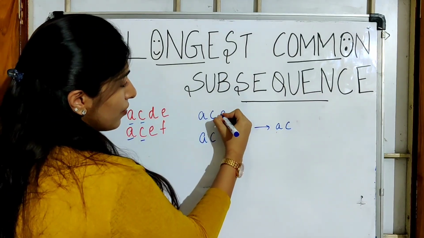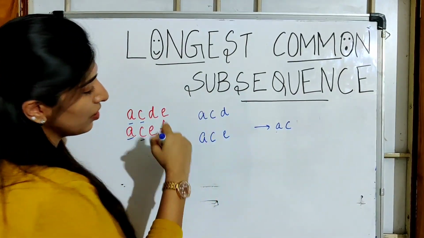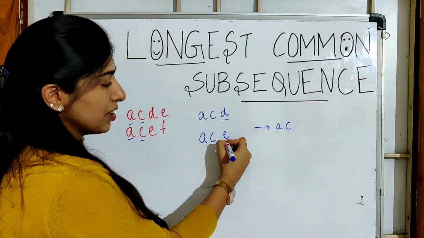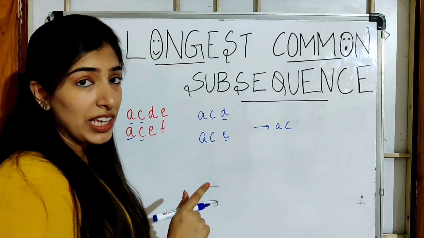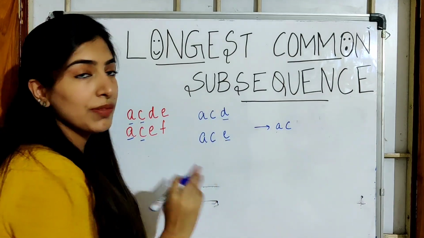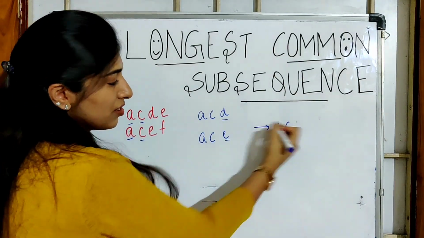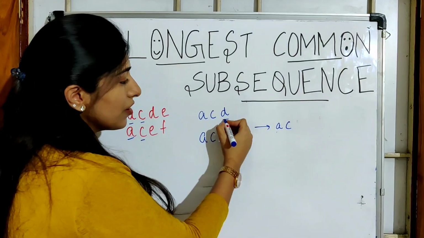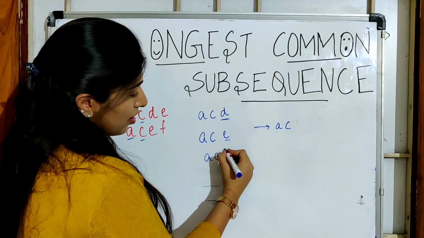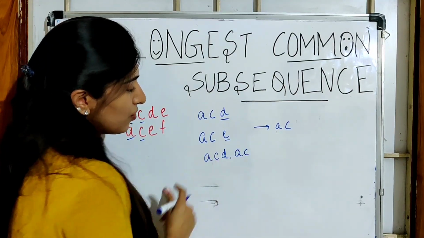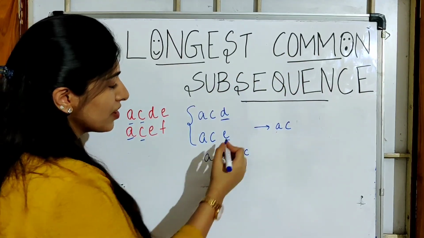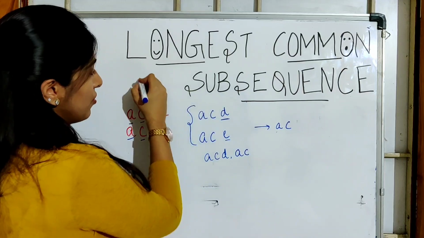Now, when we take D and E, we don't know whether these will contribute to our answer or not because they are not the same. So one by one we will check whether D will contribute or E will contribute. It is for sure that both of them cannot contribute together, because they are not the same. So basically we can convert finding LCS. LCS means longest common subsequence. This question is commonly known as the LCS question.